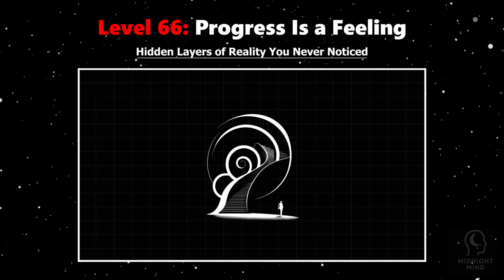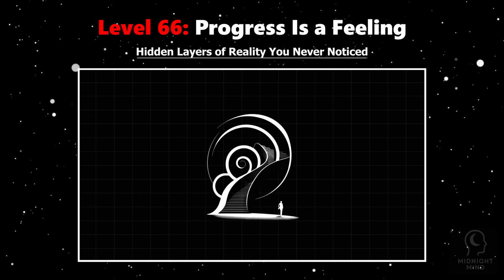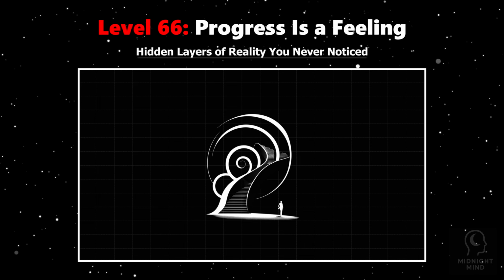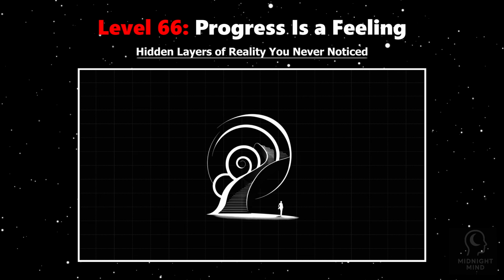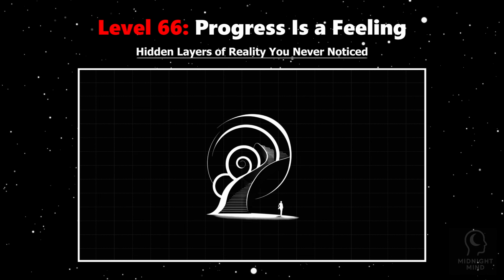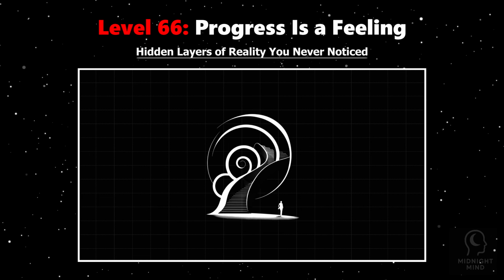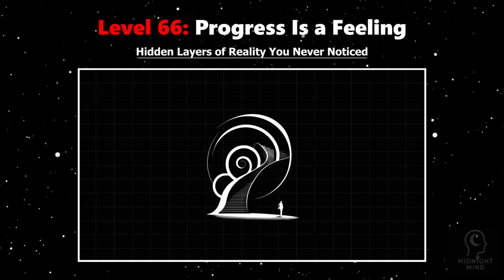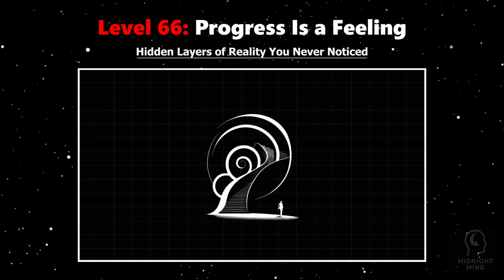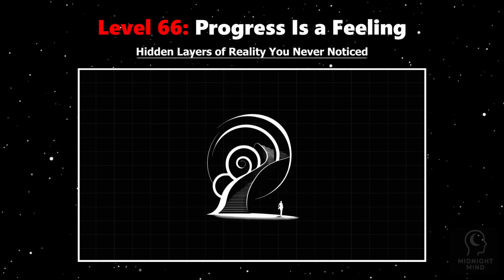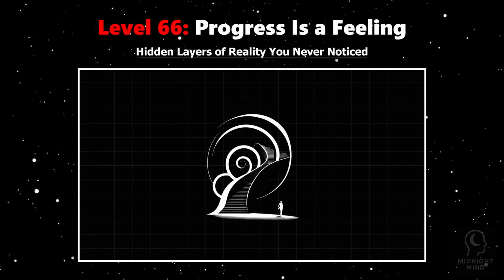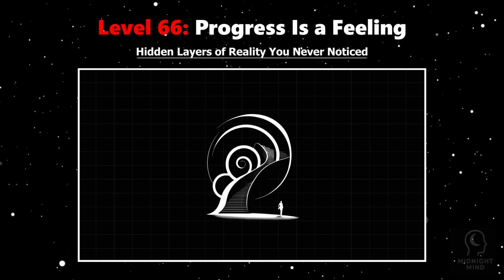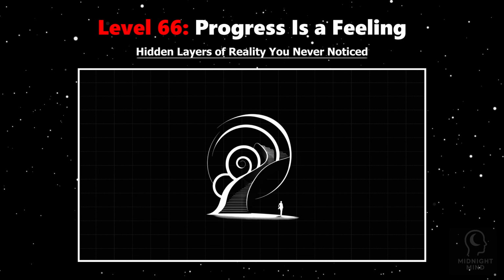For example, reorganizing your desk repeatedly may feel productive, but doesn't necessarily bring you closer to your actual goals. Similarly, maintaining surface level changes can mask deeper stagnation. This emotional momentum sustains habits, sometimes preventing true transformation by giving a false sense of accomplishment. Understanding that progress is a feeling helps break cycles. Real growth requires reflection, challenging comfort zones, and distinguishing between activity and meaningful change.